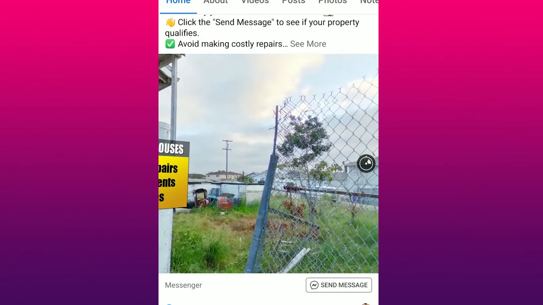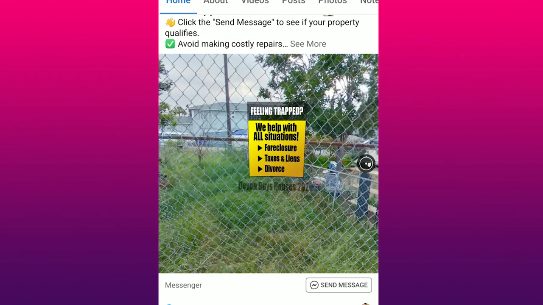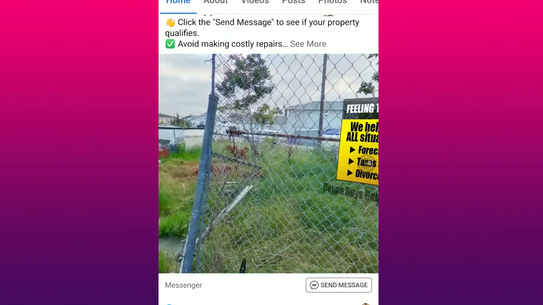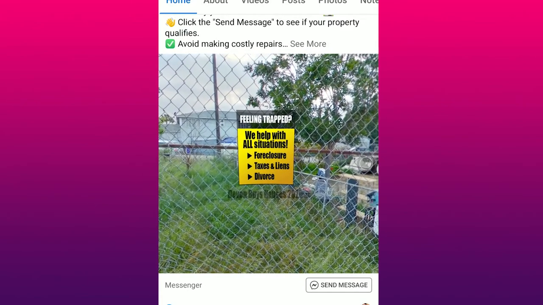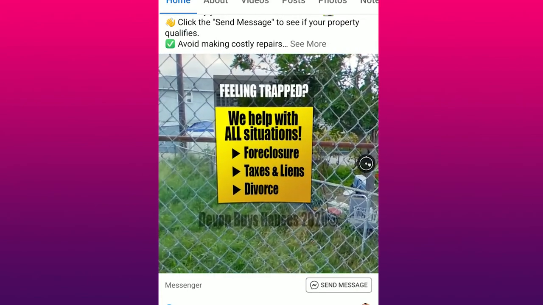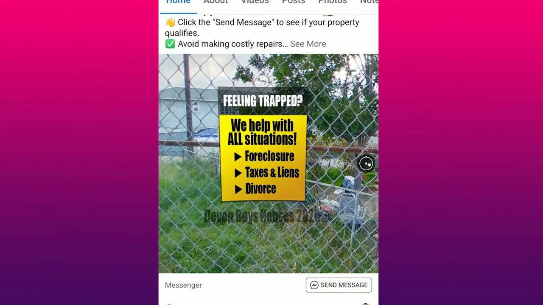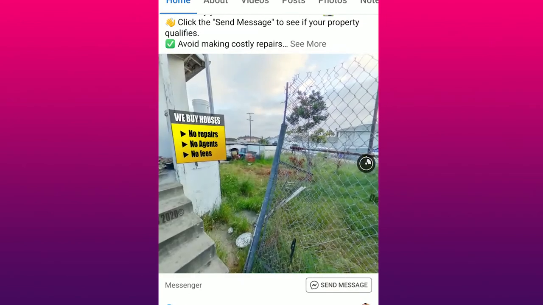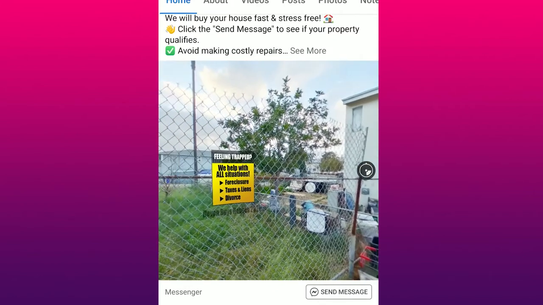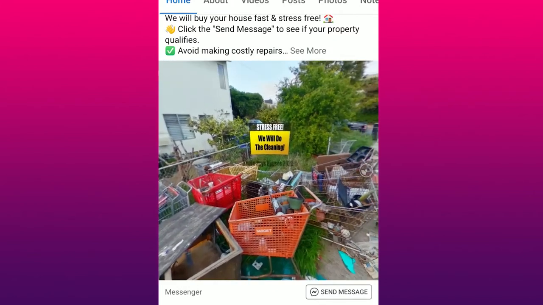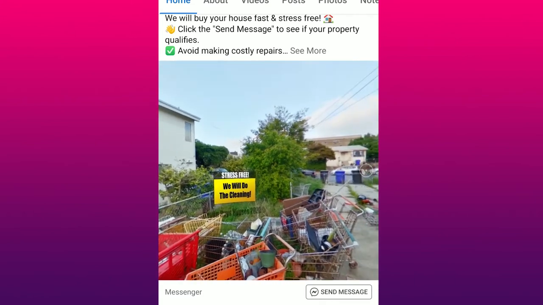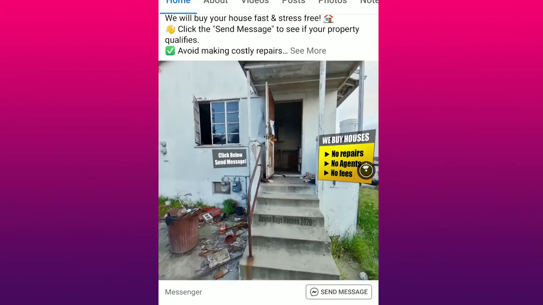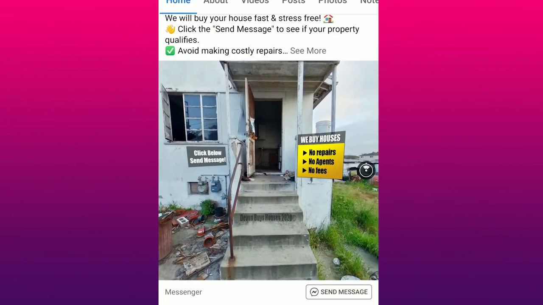You can move with your finger, which is what I'm doing, or you could actually move with your body. So there's many ways to actually interact with this ad, and there's many different opportunities with this ad. On a fence, I put feeling trapped. You could say, we help with all situations. And then I turn around and I go to the garbage pile and it says stress free. We'll do all of the cleaning for you. So that's pretty cool. And then we come back over here and we see we buy houses, click send message